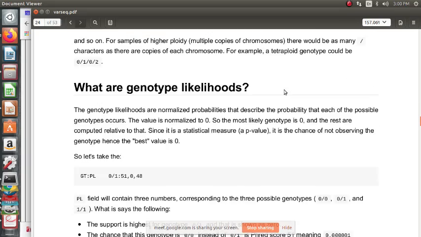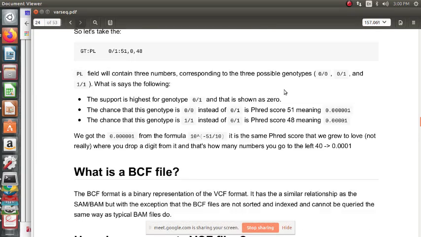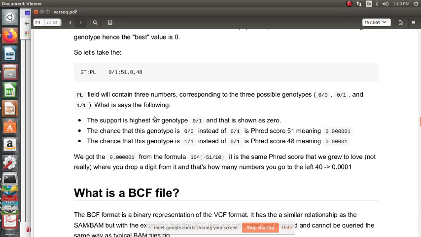So coming back, the support for this is again the Phred scaling. Only 51, we can round it off to 50, so 10 to the power minus 5, because 10 to the power of minus 50 divided by 10, so that's 0.00001, and 1/1 instead of 0/1.